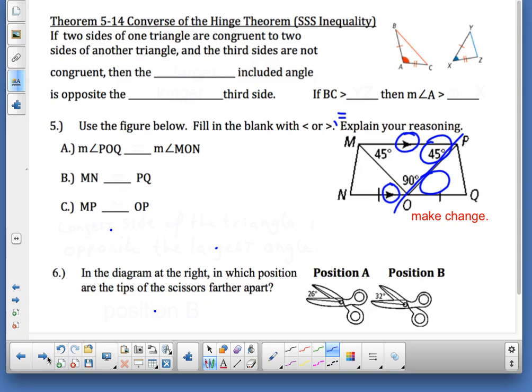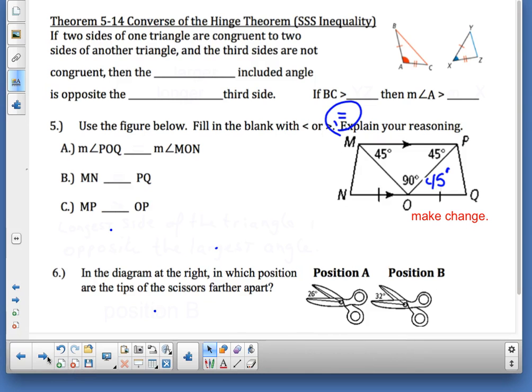Oops. It says 44, right? It should be 45. Let's make it 45. There's a whole list of reasons why I've got to keep it 45 versus doing something else, and I hope you guys will start recognizing why. Now, because I've made that change, we now have to include the possibility that we use an equal sign for this next problem. But before we get there, now that we've changed it, I want to talk about the converse of the hinge theorem.